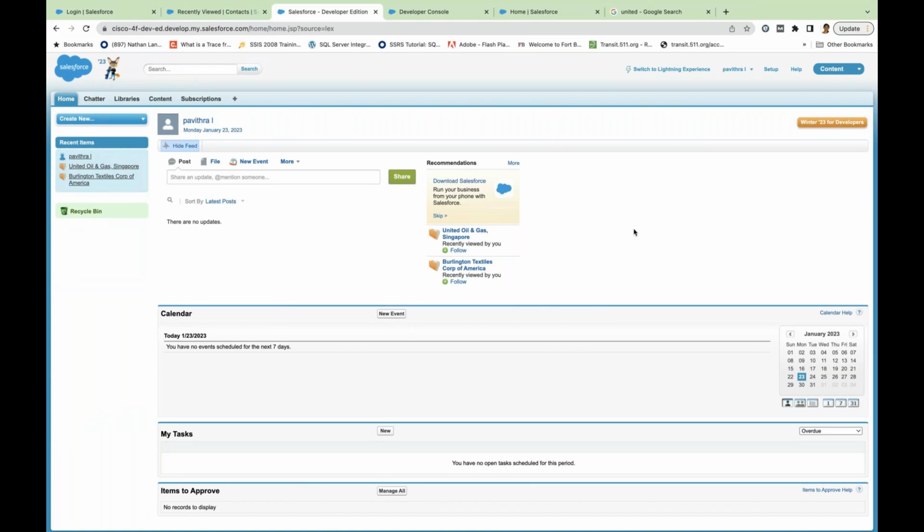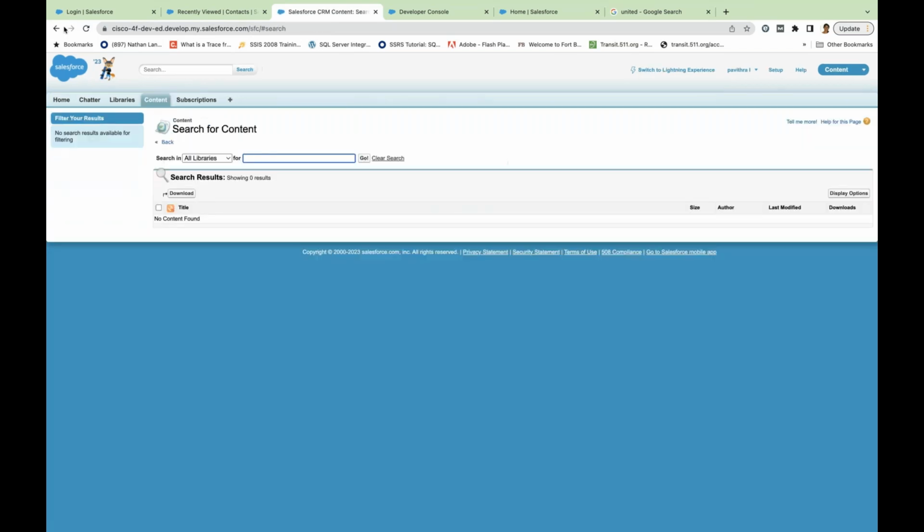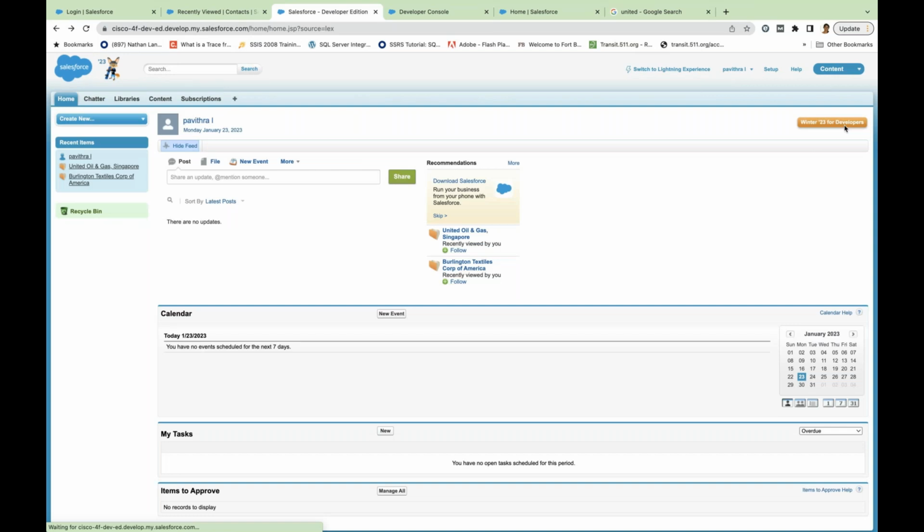Now, a little difference is that now we have the app launcher on the left side to launch your application. In classic you have the app launcher on the right side. If you see, there is something called content, the application name itself, on the right top corner. If you click on the drop down, you'll see the list of applications that are available for classic. See, here also you have sales and service. More or less a similar application to what you have seen in Lightning. Right? But Salesforce slowly